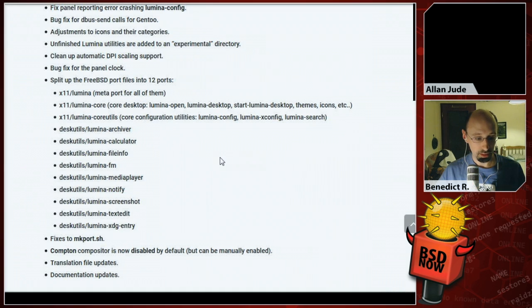Yeah, that's nice. On FreeBSD, they've split Lumina up into 12 different parts. So there's Lumina, which is a metaport that includes everything. Lumina Core, which is just the desktop and the themes and the various bits you need. The core utilities, which includes Lumina Config, Lumina Xconfig, Lumina Search, or whatever. But then the archiver, calculator, file info, file manager, media player, notifier, screenshot, text editor, and the XDG entry utilities